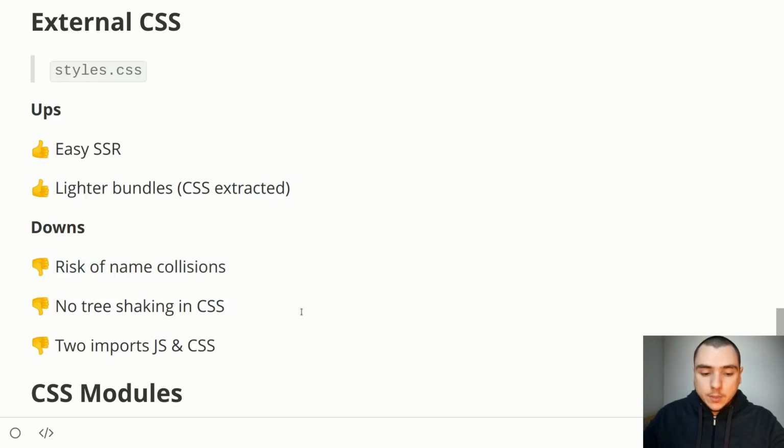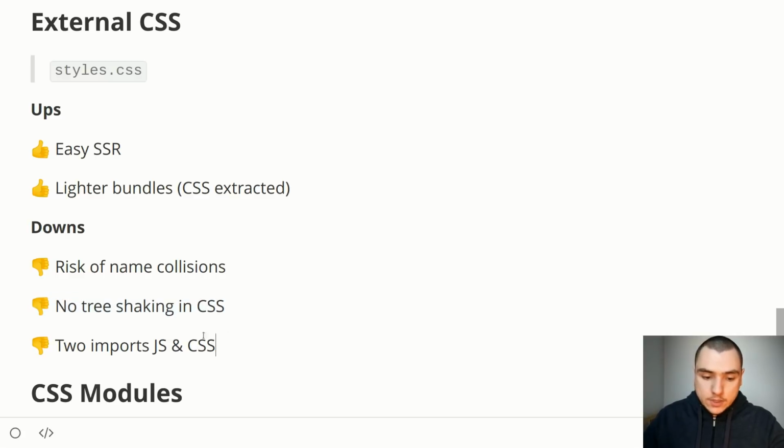And we also don't get to benefit from tree shaking in CSS because at the end of the day, we're going to bundle all of our styles into a single styles.css file. So the integrator will have to import that style, whether they use a single spinner component or 2 or 5, they will end up with the whole slew of classes for every single spinner. So the tree shaking becomes an issue in this case.